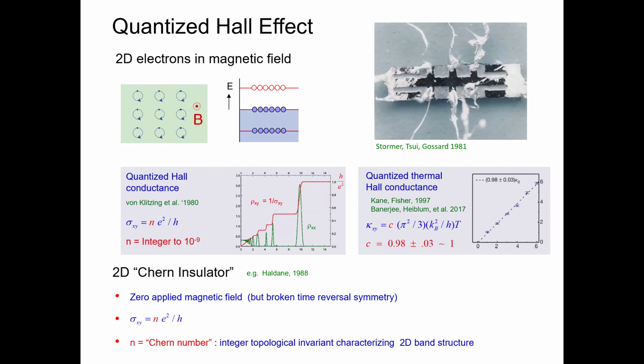It required some real experimental ingenuity to figure out how to measure the flow of heat. A couple of years ago, Moti Heiblum from the Weizmann Institute figured out an ingenious way of doing that, and measured the quantized heat flow that is carried by these edge states. And it's not as good as 1 part in a billion. It's a much harder experiment, but it is still pretty good.